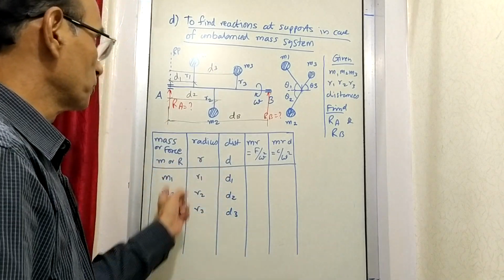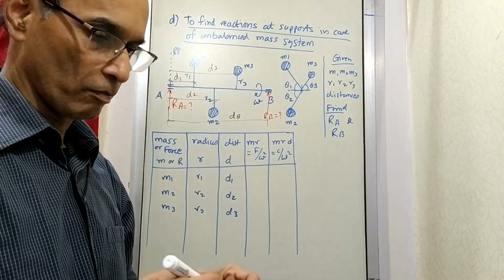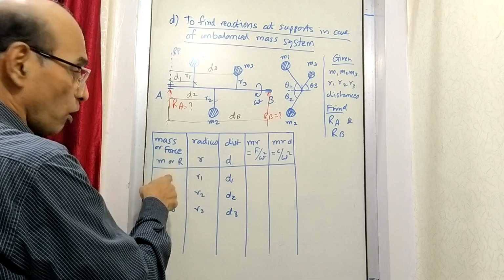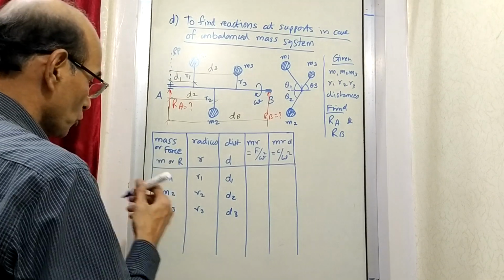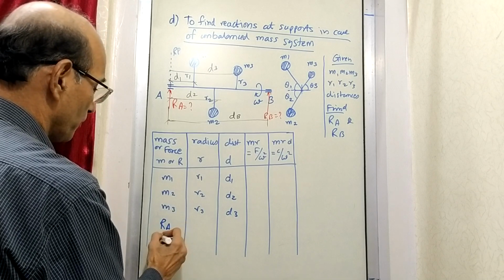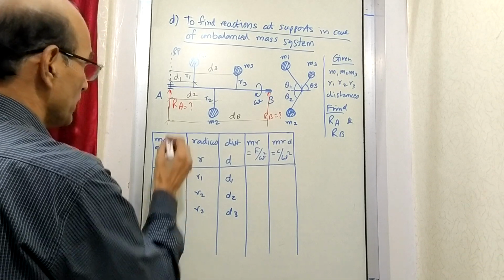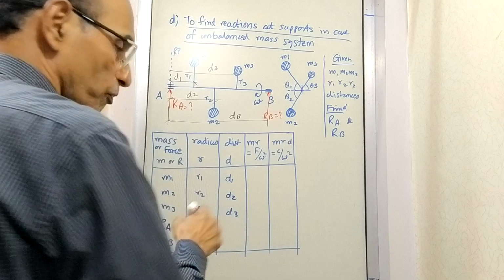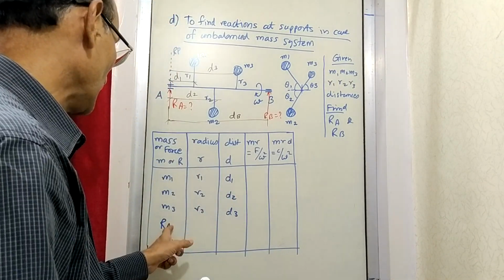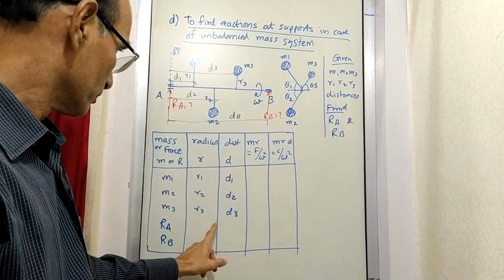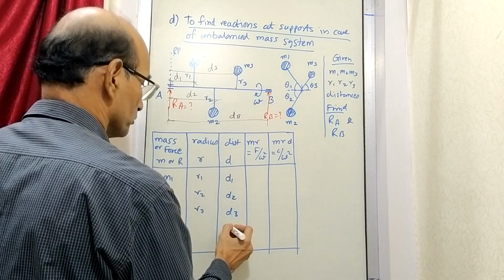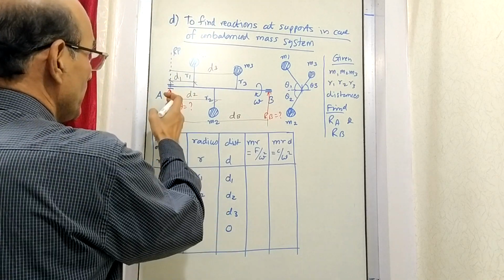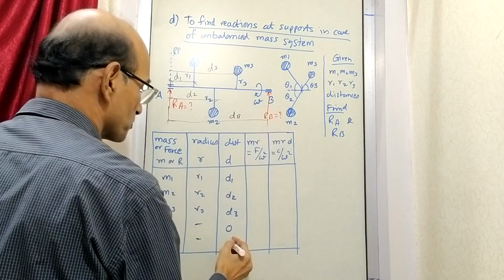Okay, up till now it is straightforward. You are just measuring the values that are given in the form of the data. Now this column is talking about mass. It can also be used for writing the force, which is a reaction force. So we write here RA and RB. Reaction at support A and B, which we want to find out, that is also written in the first column. Now distance of RA from the reference plane will be 0. Radius is not applicable, so just a dash. RA distance from reference plane is 0. RB's distance from reference plane is DB.